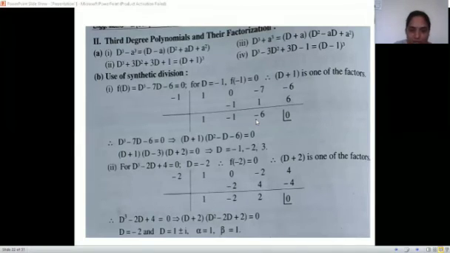By synthetic division, it is equal to 0. So this factorization is okay. Now we have to factorize this. So how can you factorize -6 and -1? That is 3 and 2 are fixed. But for 3, we should give a negative sign, so that -3 into 2 will be -6 and -3 plus 2 will be -1. So it is d minus 3 and d plus 2. And equating it to 0, we are getting d is -1, d is -2 and d is 3. So your roots are -1, -2 and 3.